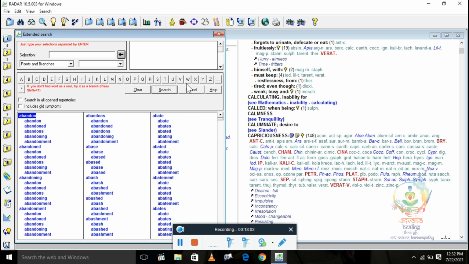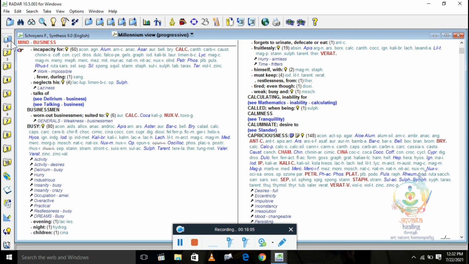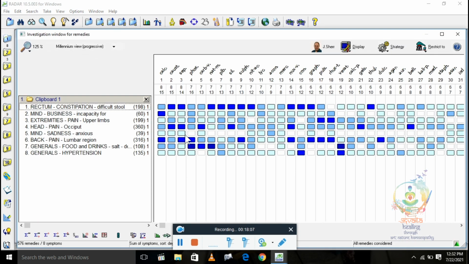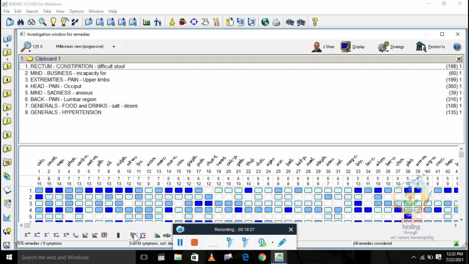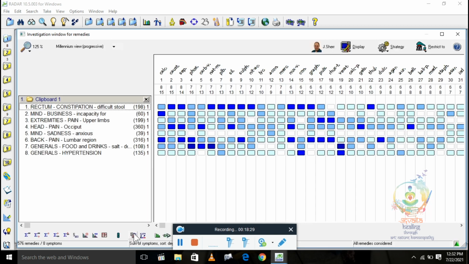So we have seen how to record rubrics, how to analyze, how to do repertorization, and how the repertorization chart appears here, and how to adjust the repertorization chart for your comfort, so you can see very well.